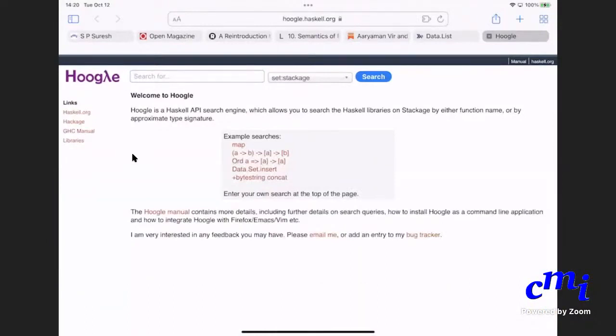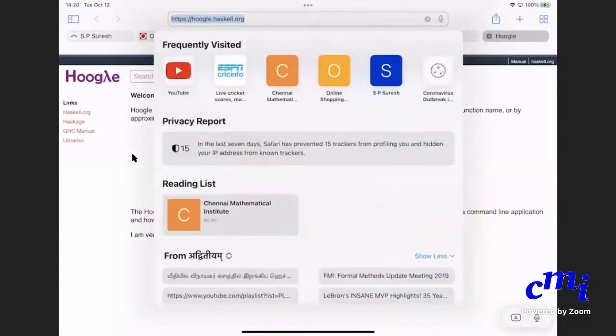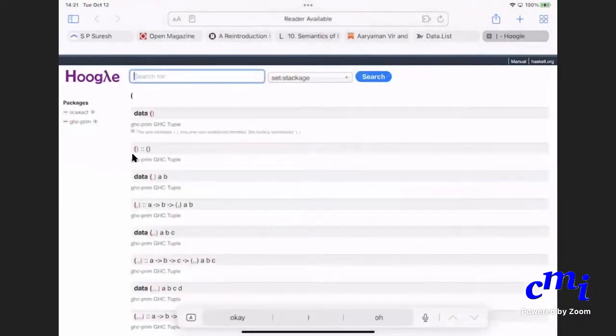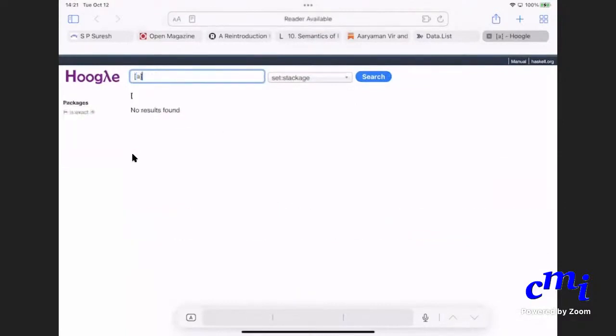So google.haskell.org is where you need to go, and you can just search for the type directly. And let's say you want to search for list a arrow int arrow a. It says no result.